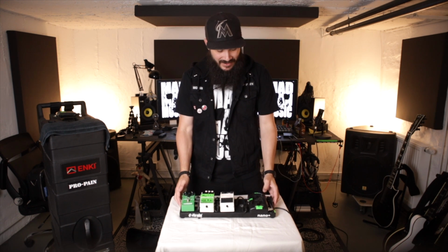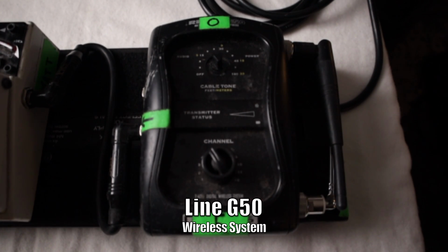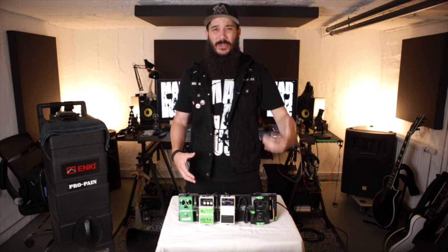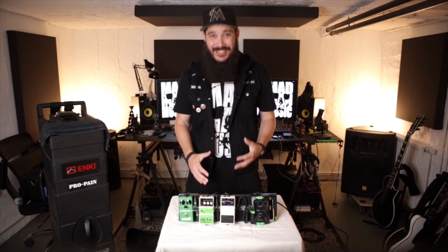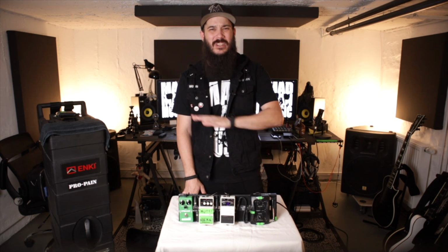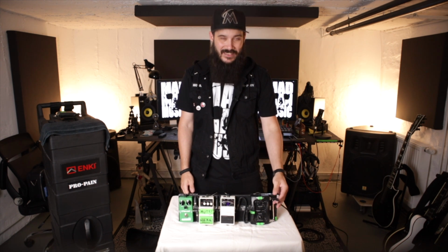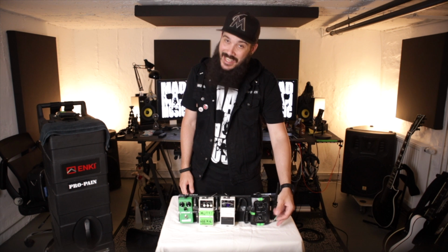On this board, the first thing that you'll notice in my signal path is gonna be my Line 6 G50 wireless. These wireless systems are super cool, man. And the great thing about it is you can still buy them. They're still available today. And I highly recommend the G50. I have played some pretty sizable stages, some massive stages, and I have had very few, if any, issues with this wireless. I sort of attribute that to the fact that this model still has antennae,